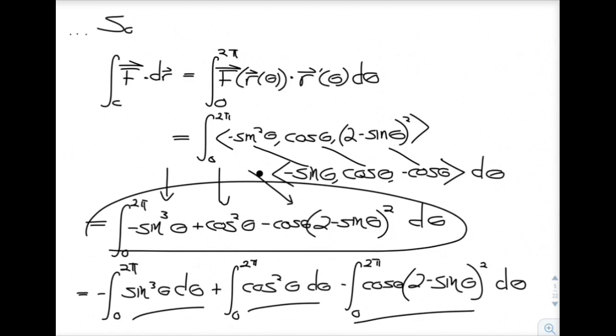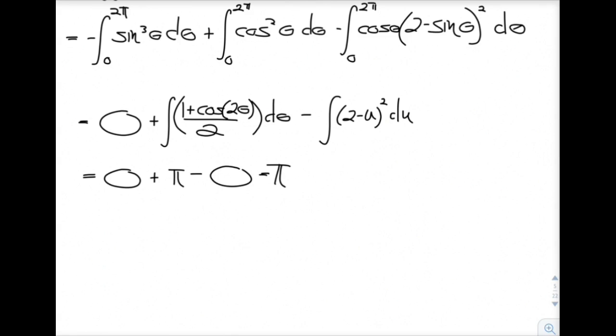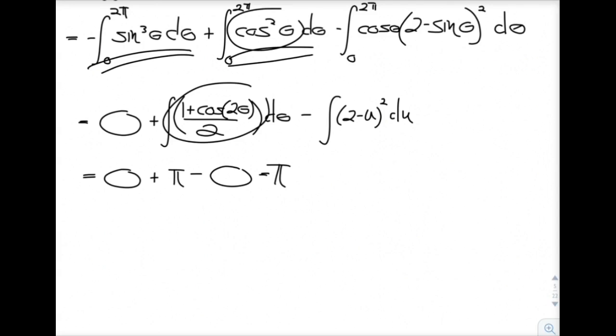We're done with all the hard stuff. Now we just essentially reduce this problem into 3 separate integrals, each of which any student from Calculus 2 could do. So let's continue. I will skip some of the details of this calculation because, again, at this point it's all elementary, but I'll just briefly mention this thing is just 0. This thing you can evaluate by replacing cosine squared with 1 plus cos 2 theta over 2. And this thing you can calculate by u substitution,